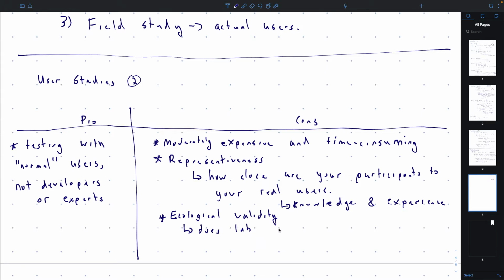So does the lab environment cause different decisions or behaviors?